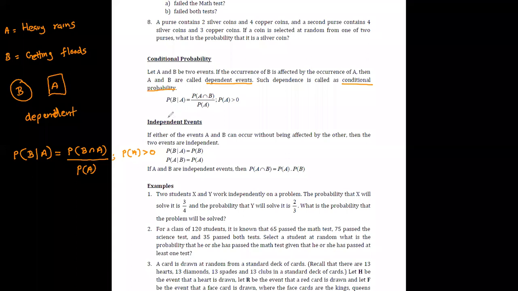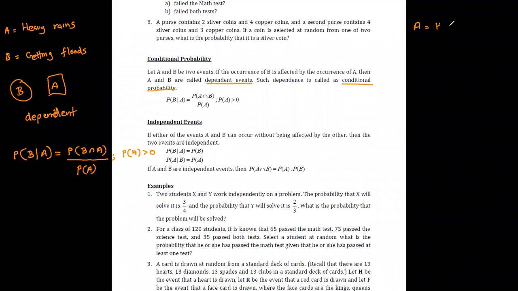Now we will discuss the independent events. In the previous situation, what we observed was that event B was affected by event A. But suppose that you are considering two events where the occurrence of one event is not affected by the occurrence of the other event. Then such events are said to be independent events. Taking the same example, suppose that event A